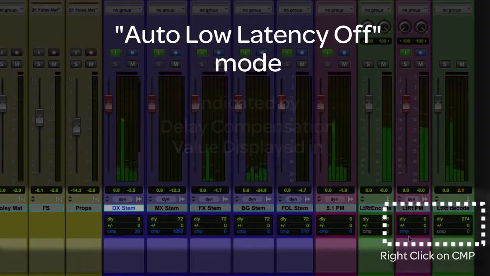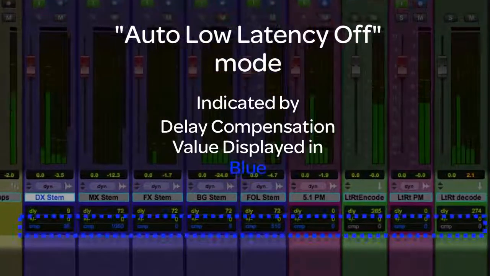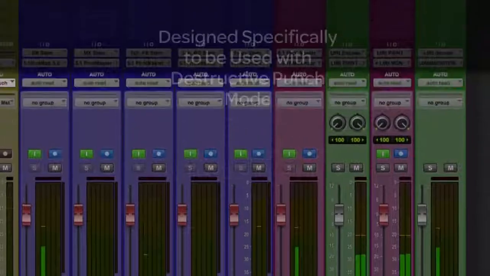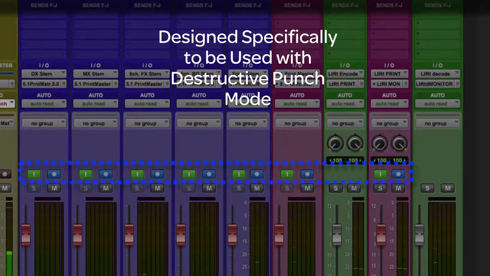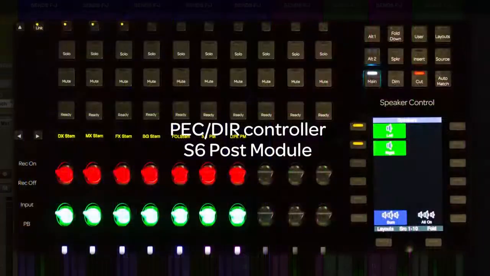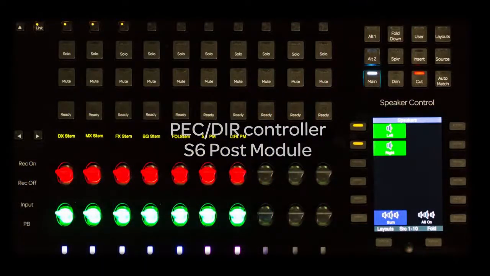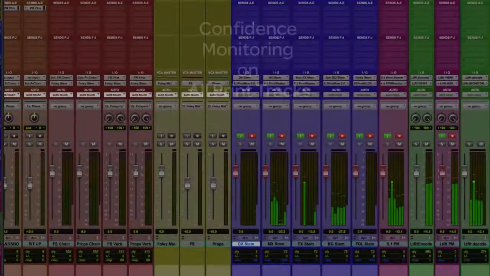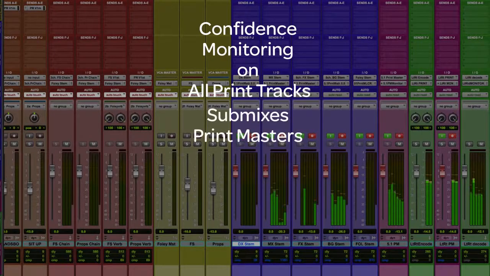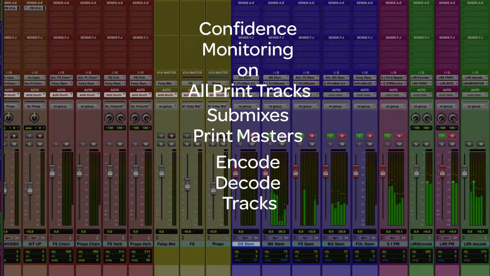Tracks in this mode will have the delay compensation set to blue. All record modes are supported, but it is designed specifically to be used with destructive punch mode with a PEC Direct controller like the S6 Master Post module or a similar 9-pin device. Monitoring with print tracks in this mode allows for confidence monitoring on all print tracks, submixes, print masters, encode, and